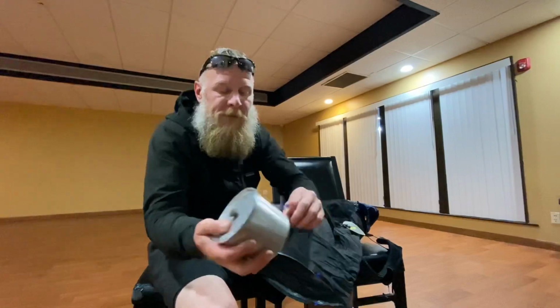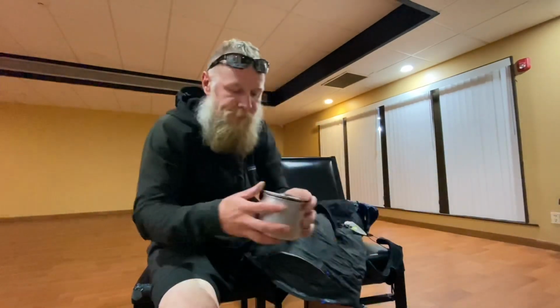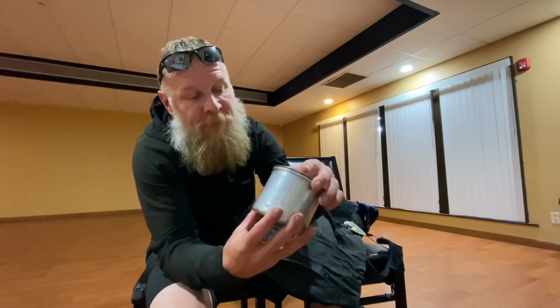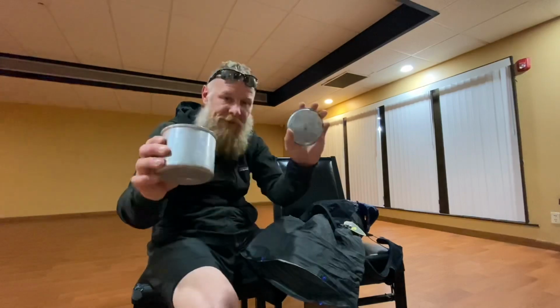My cook pot, I got this off a guy. Oh, I use this cool Hawk Support Team wristband to hold my lid on my cook pot instead of a stuff sack. This cook pot I got from a guy in Maine, everybody. He makes them in his backyard in a pole barn. I couldn't really tell you the company's name right now, but it's just aluminum. It's tiny. It's barely big enough to fit my stove and my cook pot, or my canister. Inside,